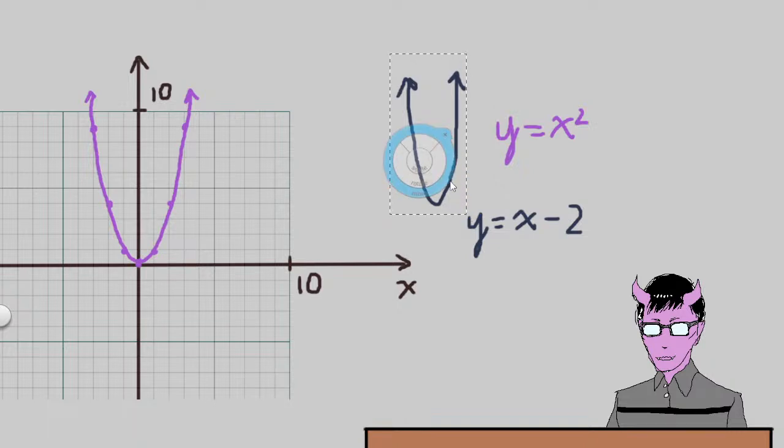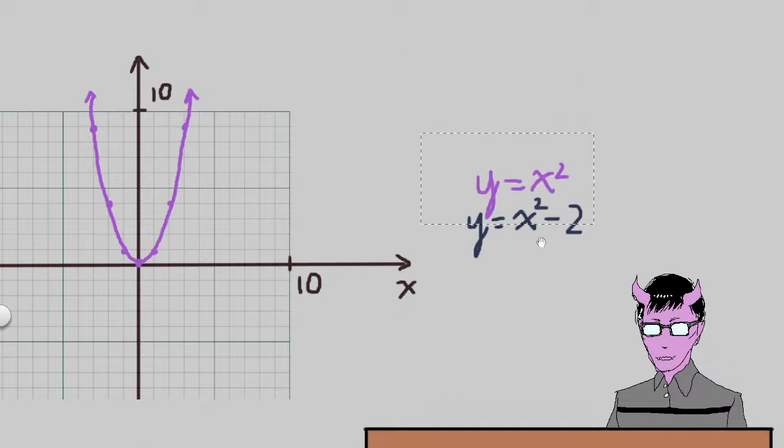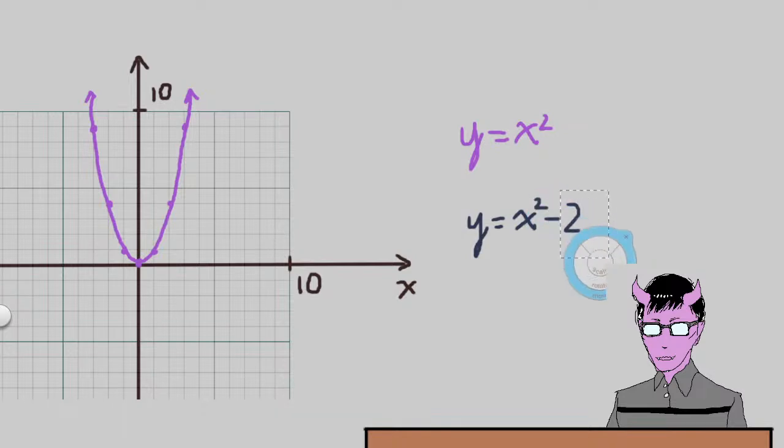But we're not trying to graph our parent function. We're trying to graph this new function. There you go, squaring. So it's very similar to our parent function. In fact, it has basically the same template as you can see right here. The only difference is the subtraction of the 2. And what does that mean? Well,